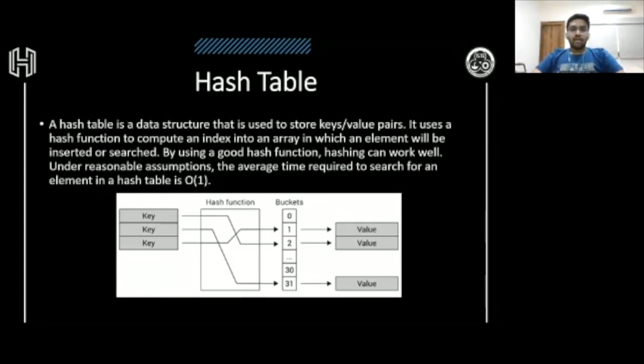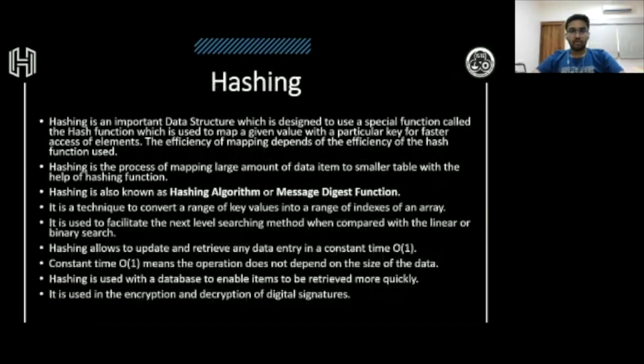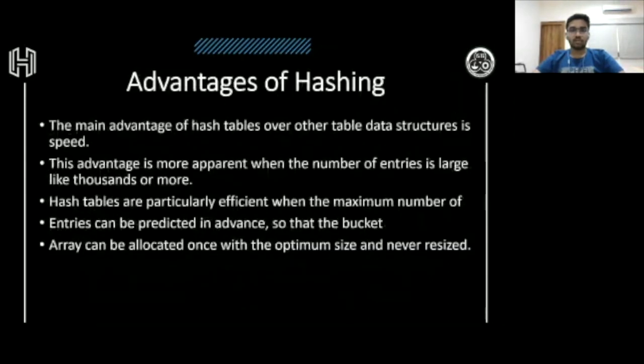Now the problem we encountered was, suppose there are two data items that want to be filled in the same place. For example, you are taking 1 and 6 with a bucket size of 5. For both values, the remainder will be 1. So what will you do? You have already filled the bucket with 1, and there is a collision because 6 also wants that space. That is called a collision.